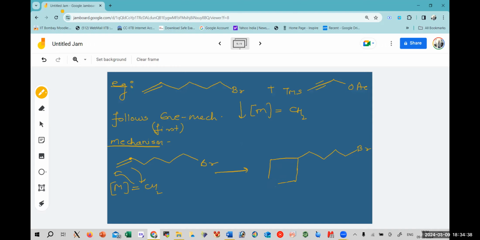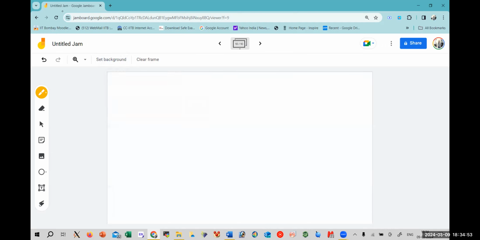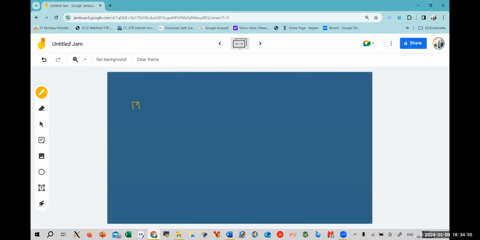So this metal is directly bonded with this carbon, and here it will form a new bond. It would release your side product as CH2=CH2, and the new bond is now between M double bonded to bromine. Now this will react with your alkyne group,